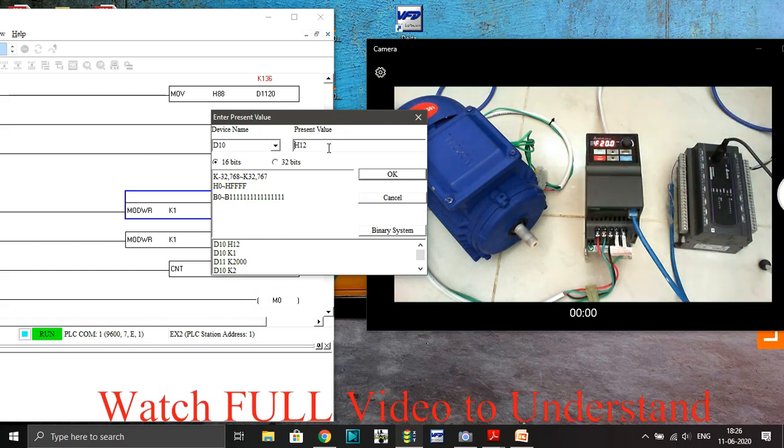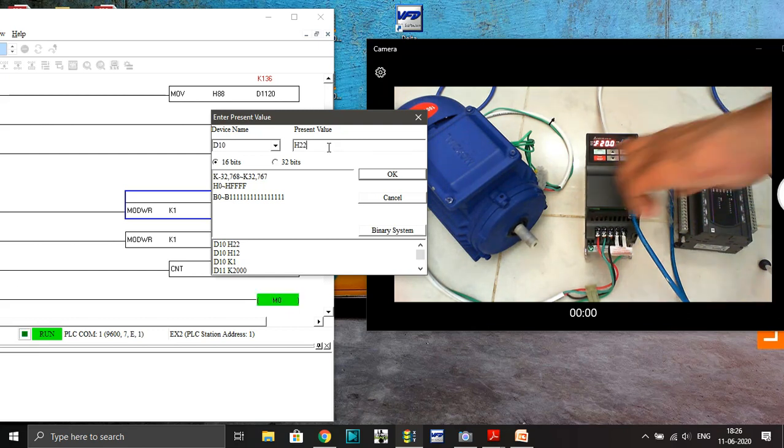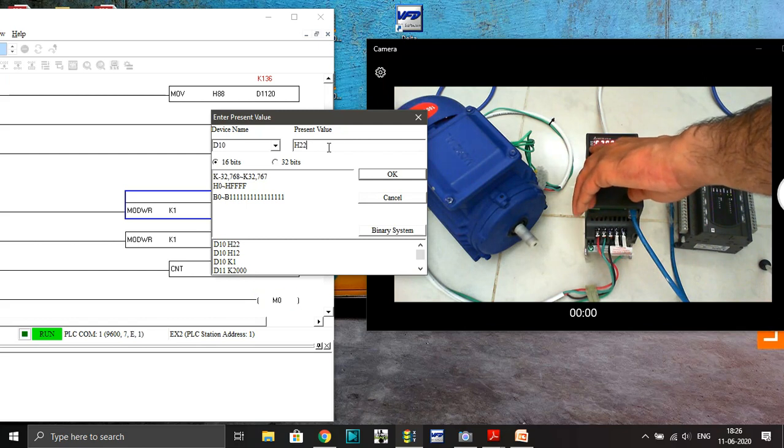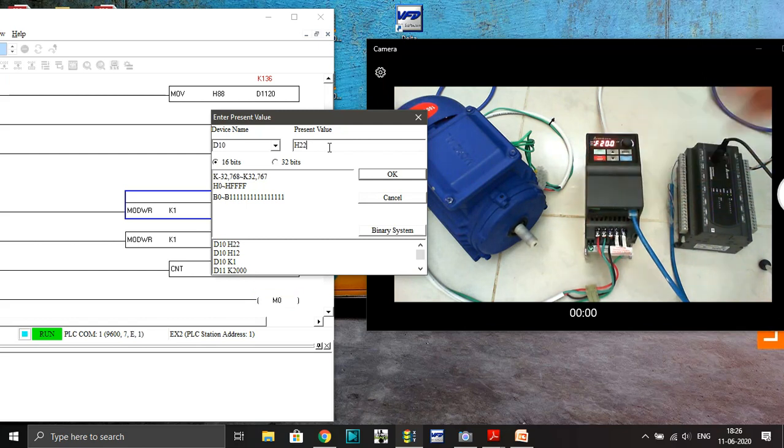Now we can directly turn to reverse, number 2. So it will stop at 0 and now it is rotating in the reverse direction, and the LED you can see has shifted to reverse, run and reverse. Okay, so this is what we are doing with the serial communication.